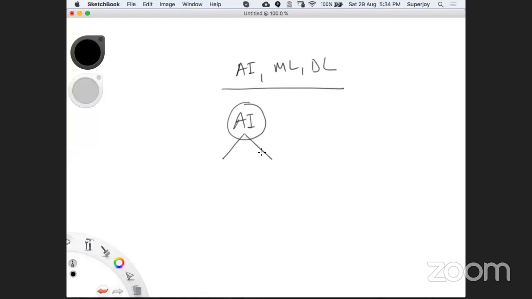And to achieve AI, how you can enable a machine as an AI machine, how you can build your AI machine, for that, either you have to use machine learning, or you have to use deep learning. Machine learning and deep learning are the ways to achieve AI.